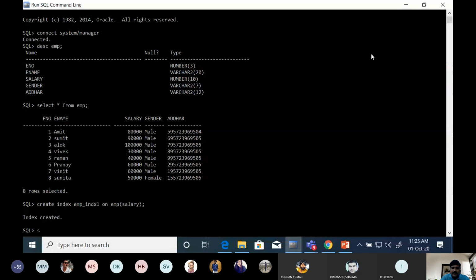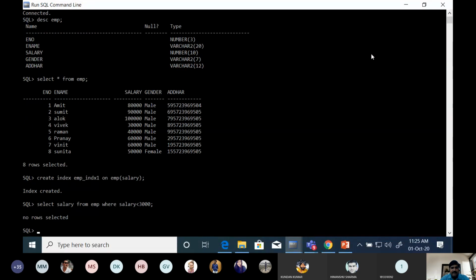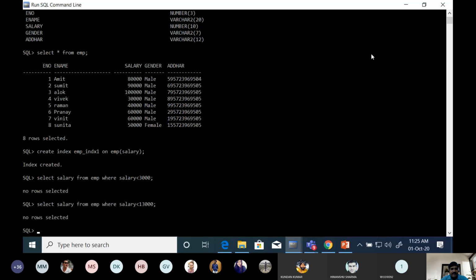Now if we write a query like this, select salary from employee table where salary is less than 3000, then the query will be fast. No row is selected. Suppose here we write 13,000. Again no row. 30,000, very high salary.